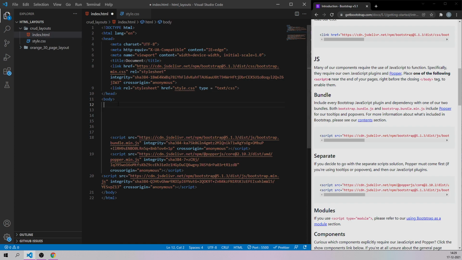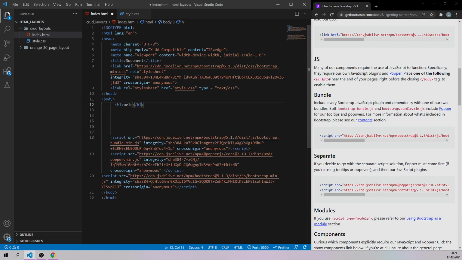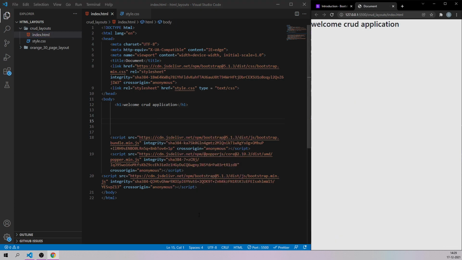Okay, so right now let me just simply write one h1 tag like this. Let me say welcome CRUD application. And now let me just right click on this and say open with live server. Okay, so as you can see, we have successfully designed a page using Bootstrap in our HTML code.